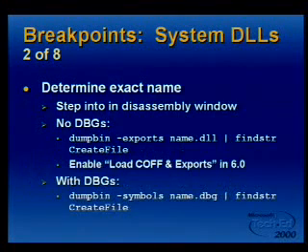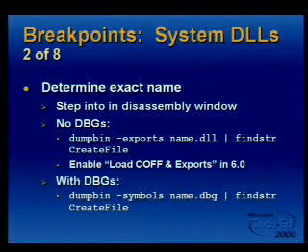So how do we actually determine what the exact name is of any given function? So you could step into the assembly window. That'll allow you to head down into the assembly window, and there'll be a label next to the routine once you've stepped into the system function saying this is the name of this function. However, if you don't want to step into it, if you've not got DBGs for your system DLLs, you can use the dumpbin utility, which we ship in our bin directory, and